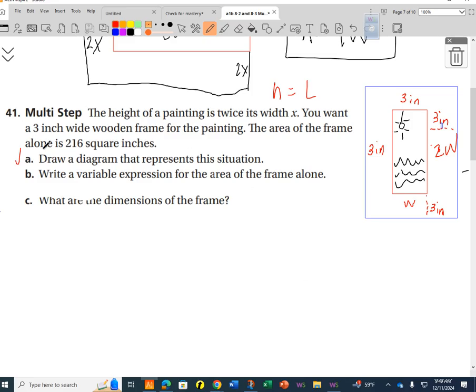So we've drawn a diagram. Now we're going to write a variable for the area of the frame alone. So I'm going to show you what we're talking about here. So we're talking about